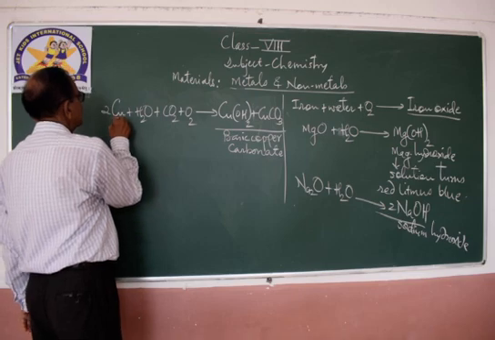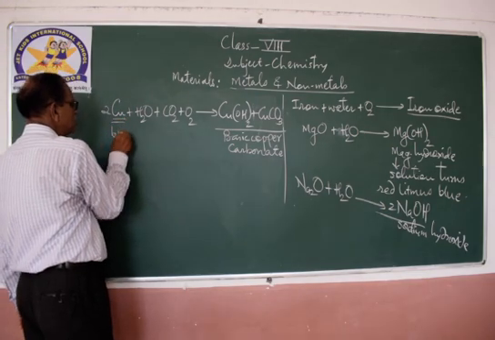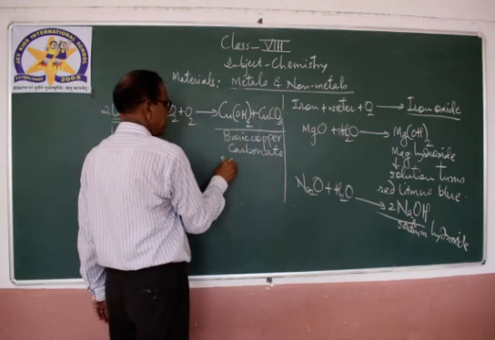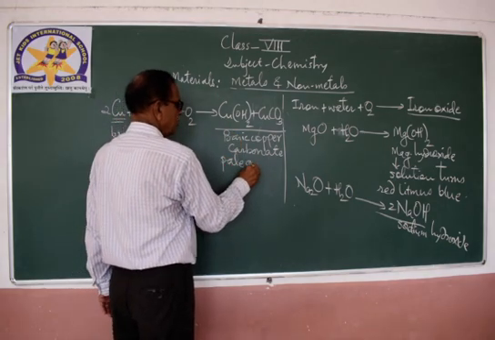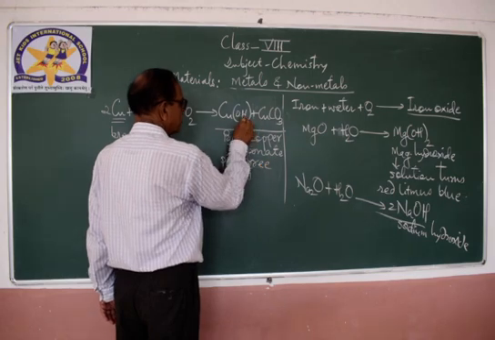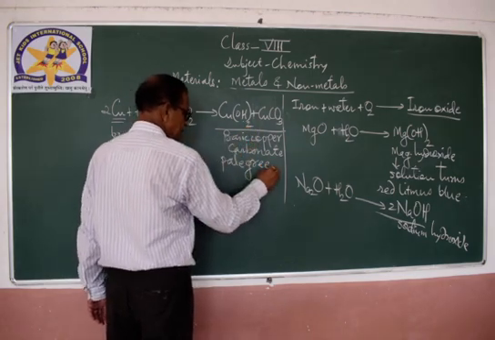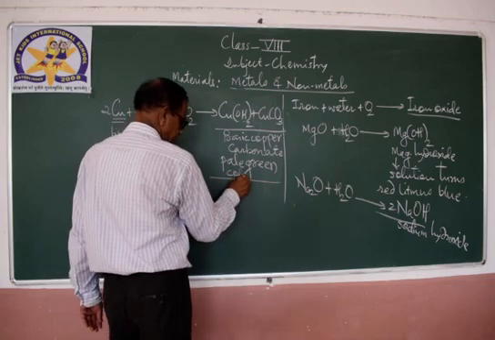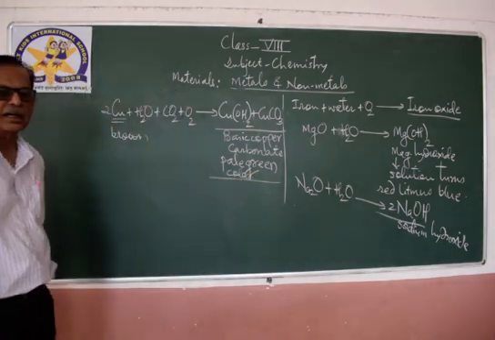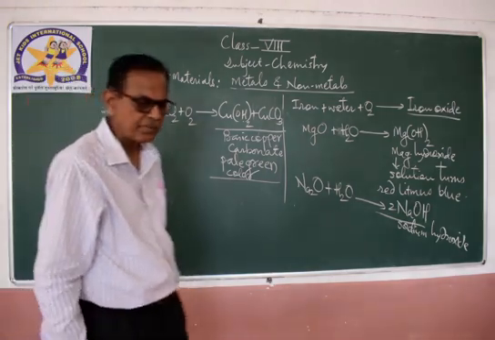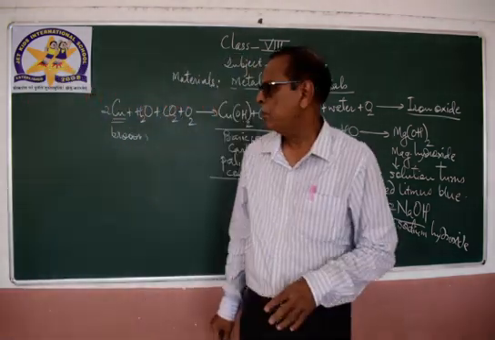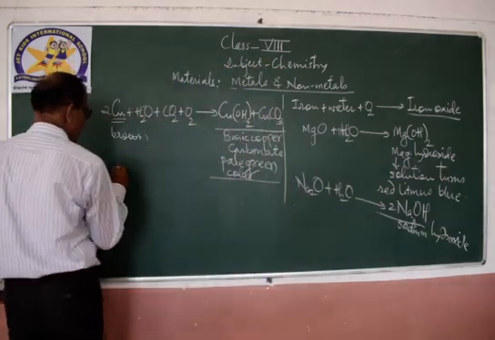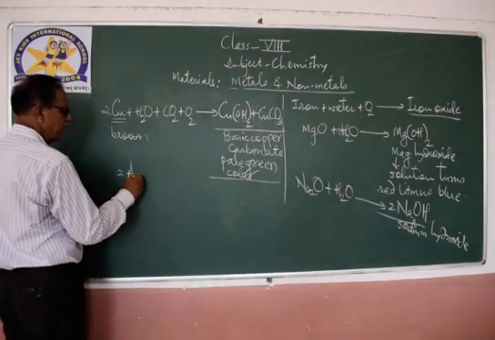And the copper, which is brown in color, becomes here a deposition of copper carbonate on the copper vessel, which is having pale green color. And in this way, copper also gets rusted.